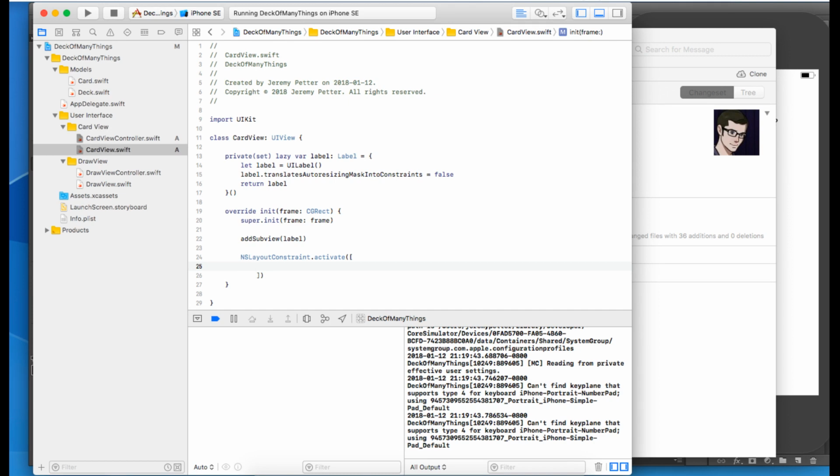So activate layout constraints, and we will say label dot